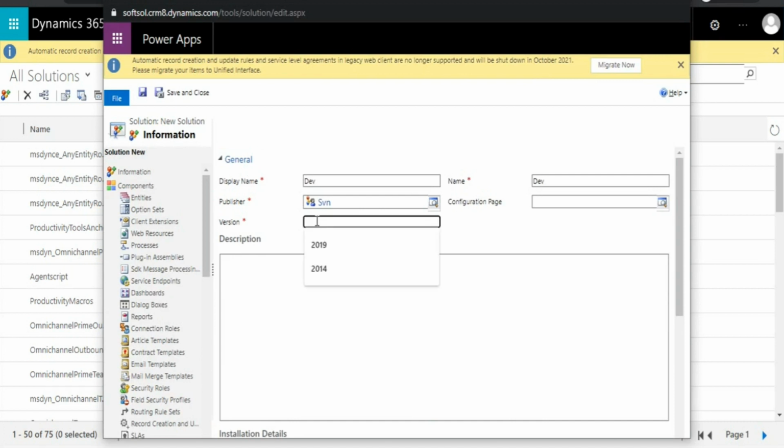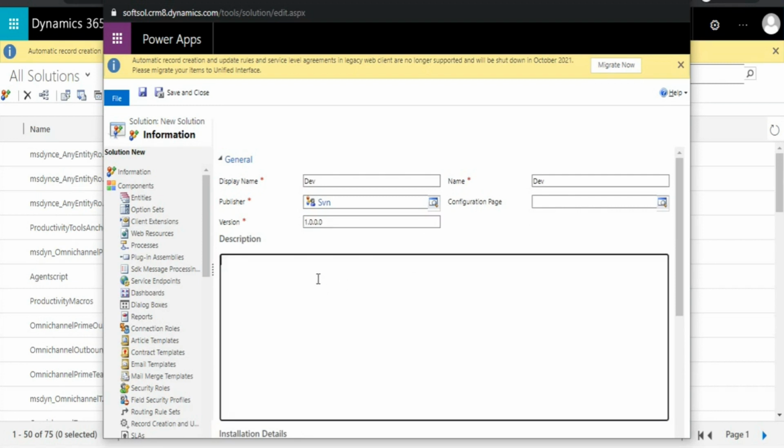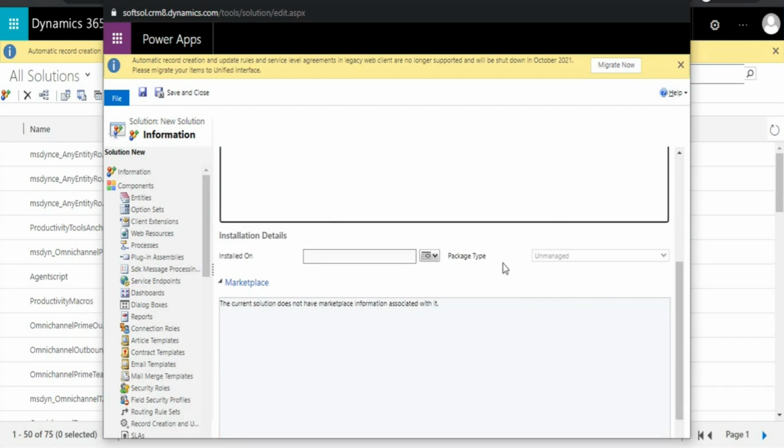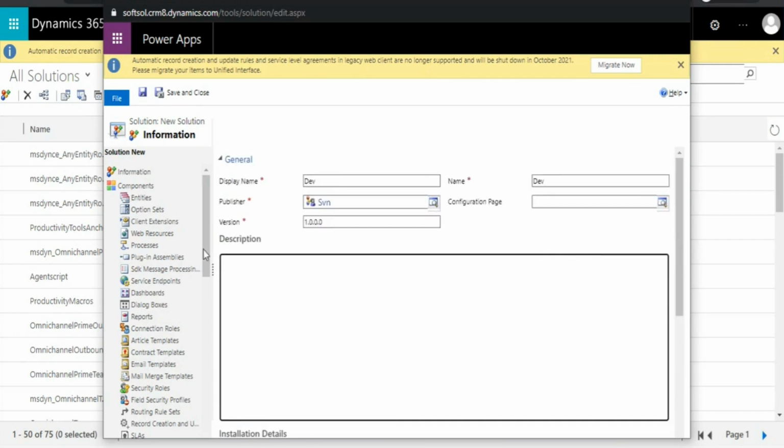Okay, so enter the version number. I'm entering the best practice version number. The version number may be anything, and the configuration page is optional. Okay, if you want to enter the description, you can enter it over here. And if you are creating the solution, by default the package type will be unmanaged. The managed solution can only be created at the time of export. At the time of export you will get the option as managed or unmanaged, so that you can export as you want. Okay, just click on save,